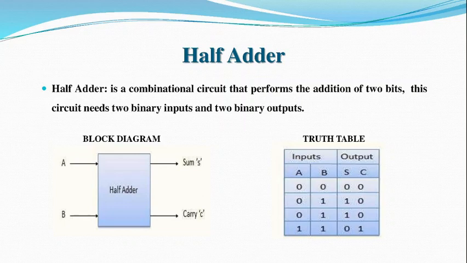Let us refer to the truth table. Two variables A and B are of 1 bit each. Here, sum indicates the value obtained upon addition and carry indicates whether there has been a carry. Let's add them. 0 plus 0 is 0 with, of course, no carry. 0 plus 1 is 1 with no carry. 1 plus 0 is 1 again with no carry. Next is 1 plus 1. As we know, in the binary system, the sum is 0 and there is a carry of 1.